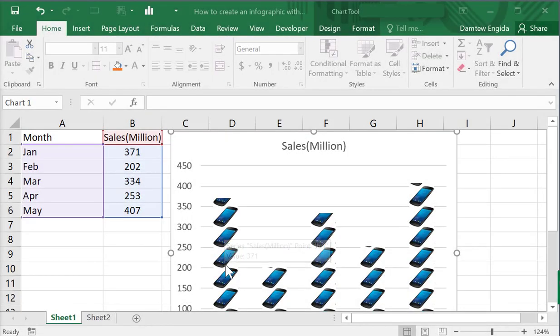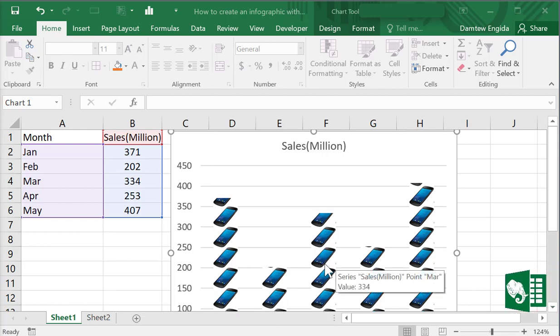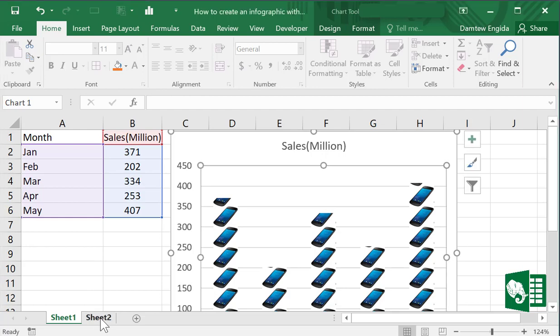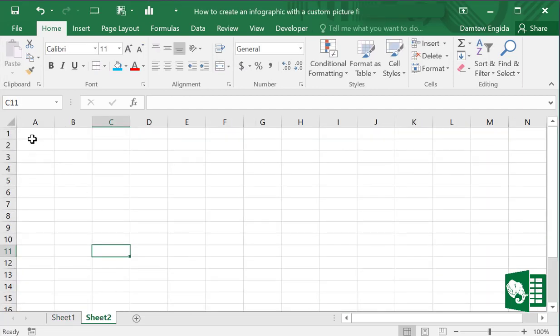How to create an infographic with custom picture fill in Excel. We can build this infographic from 5 months of Samsung sales data. To do this, open a new sheet first, here Sheet 2, and let's first create some random Samsung sales data